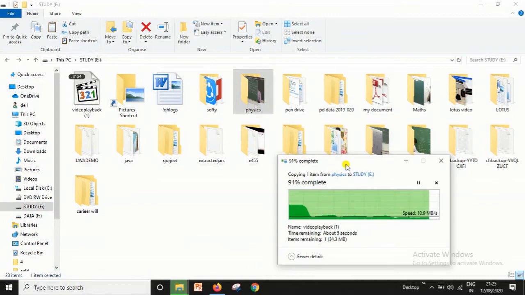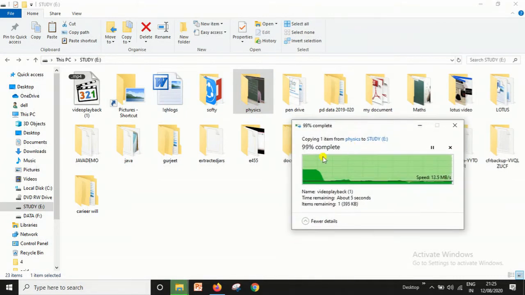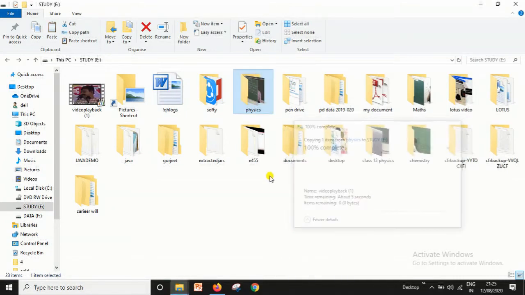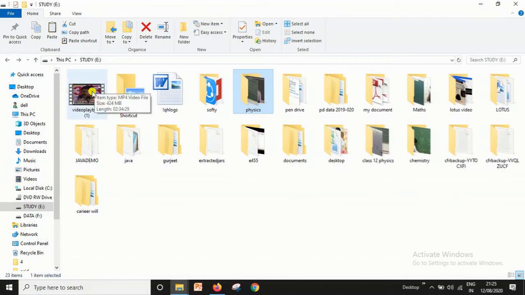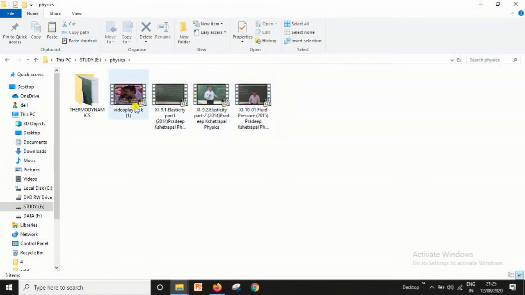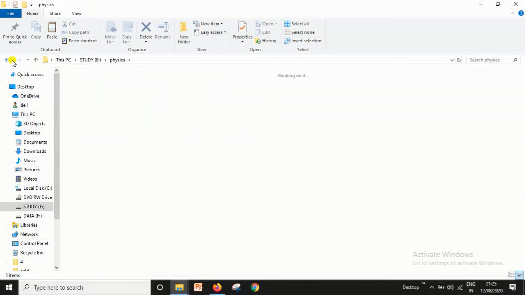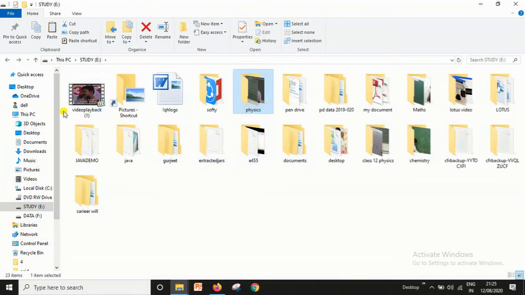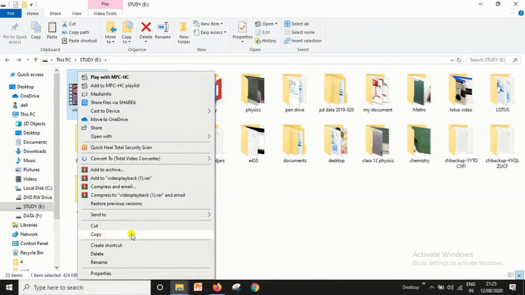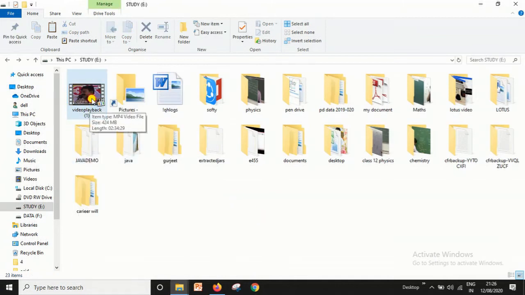Once the process is completed, you will see that the same file is here and the same file is here. So this process is known as copy. And if I do cut, then the file is moved from here to here. So this is the method of moving or copying a file.